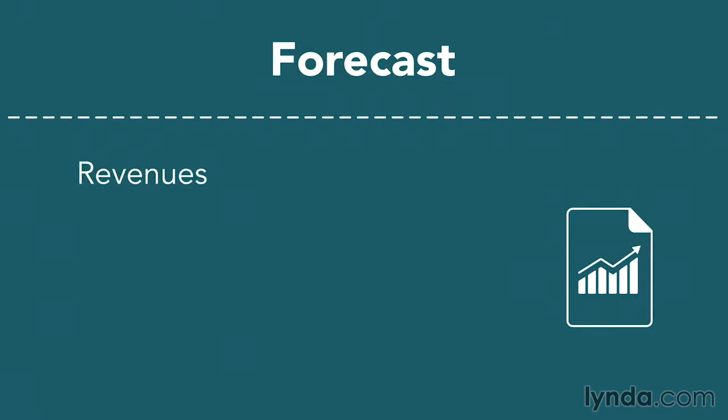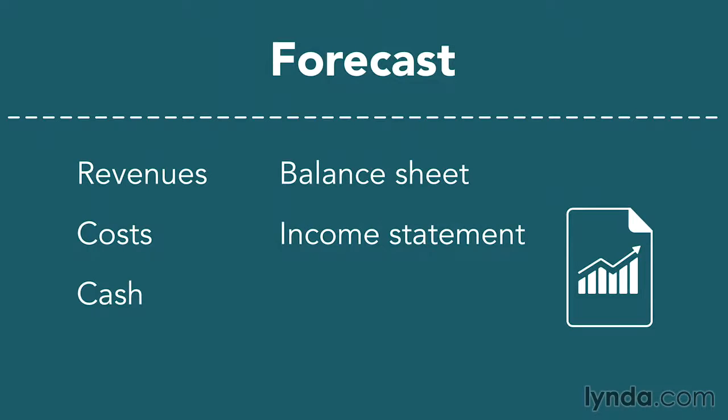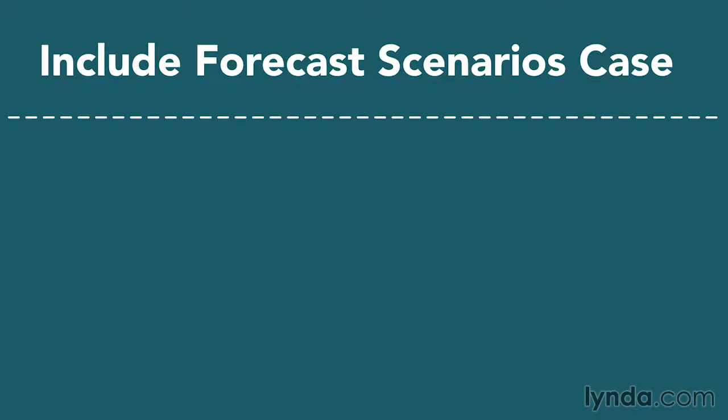You'll forecast your revenues, your costs, how much cash you'll have, what your balance sheet and income statement look like. And if you don't know how to do this, seek professional help from a financial firm. When you build your forecasts, you're going to want to have several cases. Build a worst case, where you have accelerated and increased costs and delayed or lower than expected revenue. Build an expected case, which should be conservative. And build a best case, which is your costs are as expected and you have accelerated revenue. By looking at that complete picture, you'll understand what happens if things don't go well and what happens if things go great.